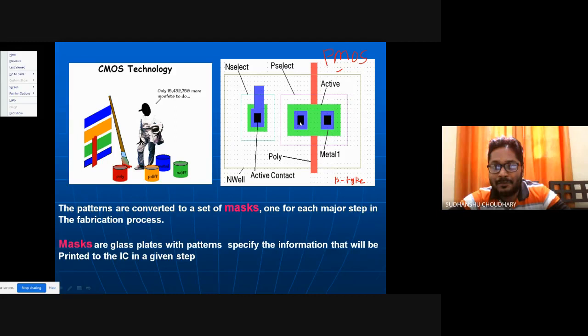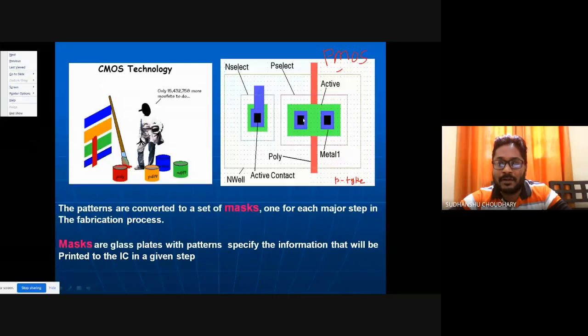For this active contact, you'll have to dig a region here in this active. You'll have to create a hole here. I mean, you don't have to create a hole here in the software, but when it is fabricated, the manufacturing process requires creating a hole here, and in this hole you fill metal, and then you have to provide a contact between the metal and this active.